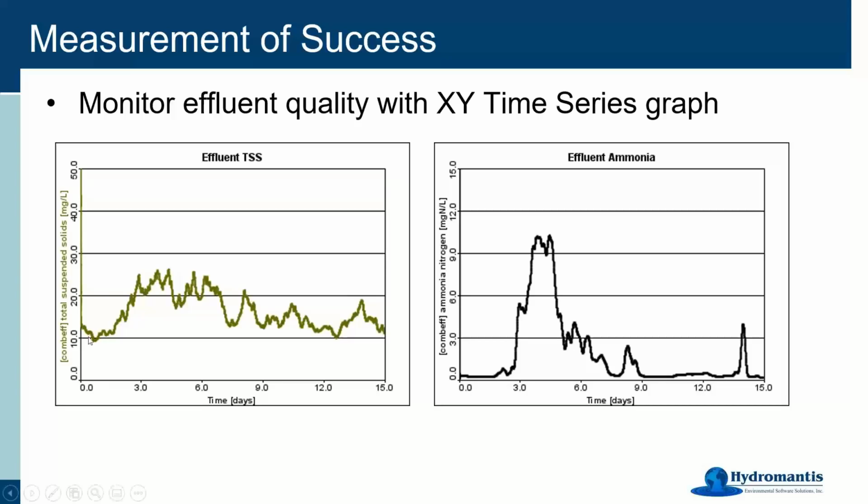looks like. So you'll see here that during this relatively sustained, challenging event, we can see the effluent TSS starts around 10, and then it goes up for a period of time, and then it kind of comes down and bounces around a bit. So these are typical things that you would probably want to plot. And the effluent ammonia is really great. It's fully nitrifying, and it's not for a while, and then it is again, and there's a couple of peaks along